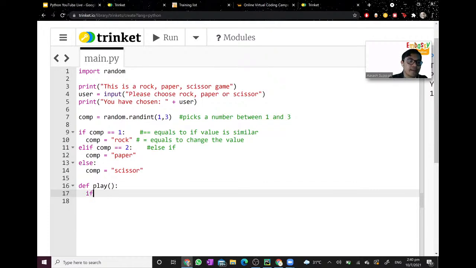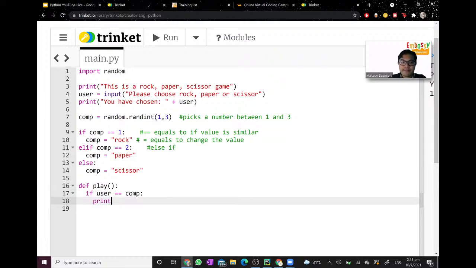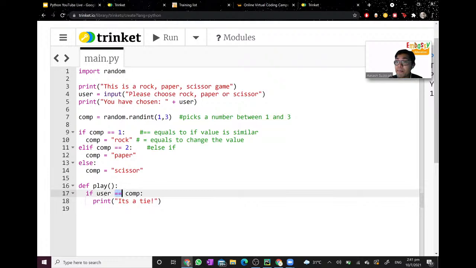Check if user, which is the variable of our choice, equals com. Print it's a tie. What this line of code does is check if both of us have chosen similar choices. Let's say I type in rock and the computer has also chosen rock, then it will print out it's a tie.